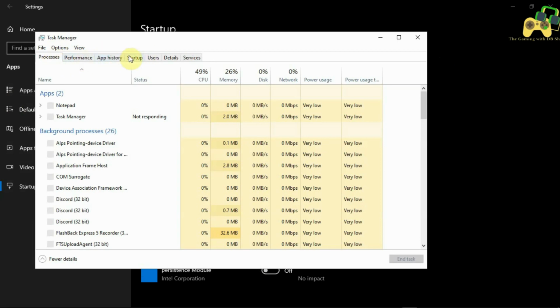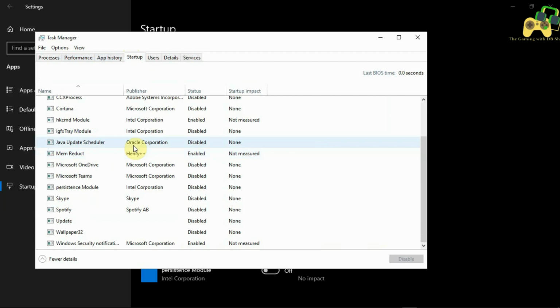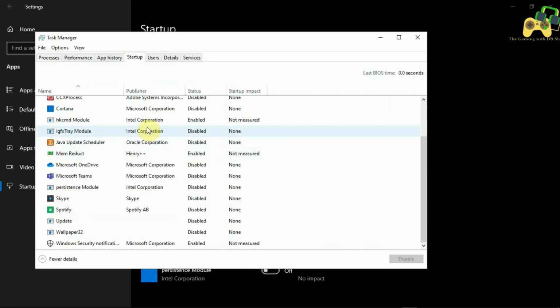You need to go to the startup tab, and you can disable all the apps you don't want to enable while your Windows is booting up, because that also increases the boot time and your PC will boot up really slow.